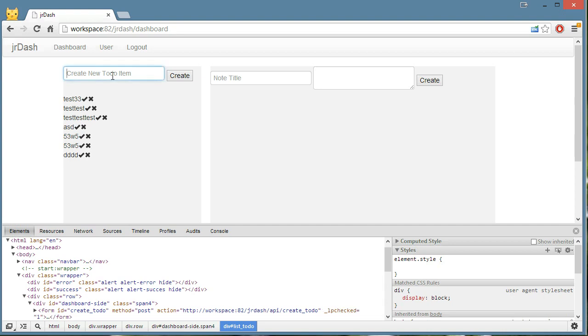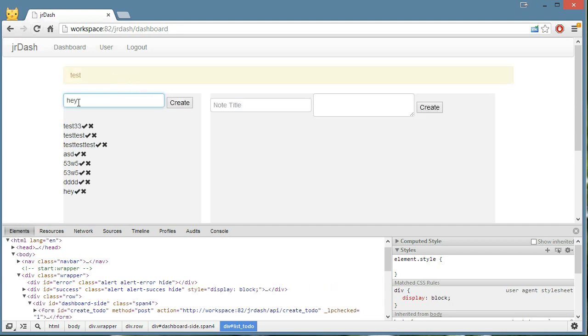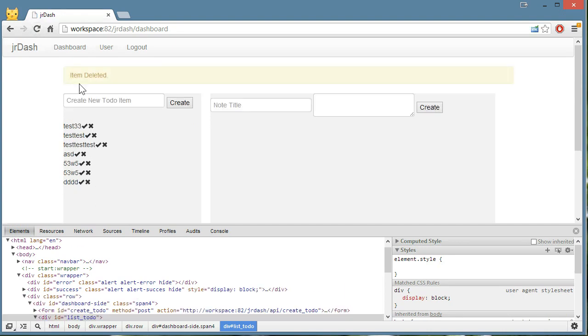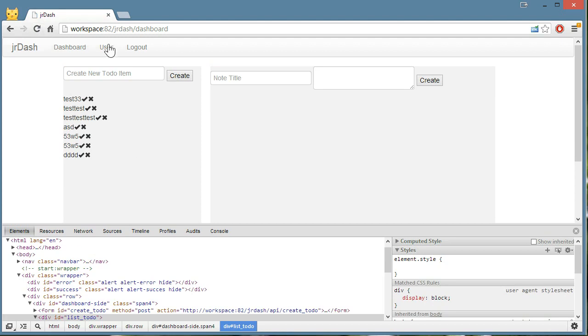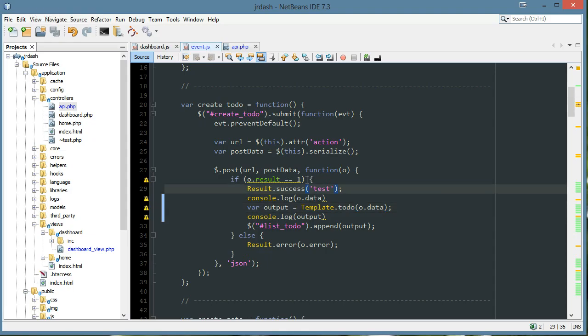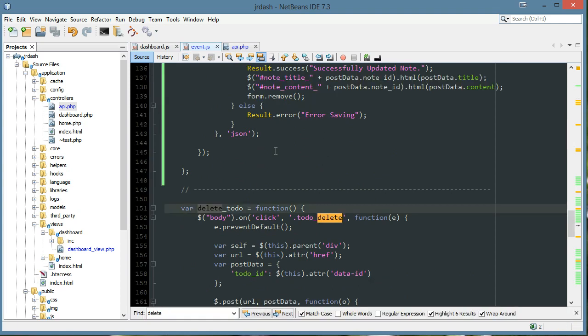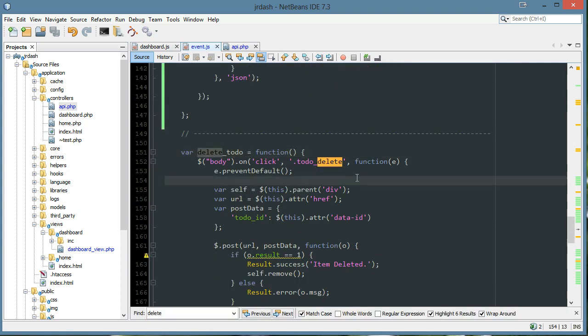What I want to make sure is that they're listening in the right order. So I'll write hey, hey 2, hey 2, 3, and make sure it's hey, hey 2, and hey 2, 3. Yep. Delete, delete, delete. Refresh. Just making sure it works nice. So when we delete something, we probably want a confirmation box, and we'll just do something pretty easy. So I'm going to look for delete. I'll just search for it, and right here we have delete to-do, and